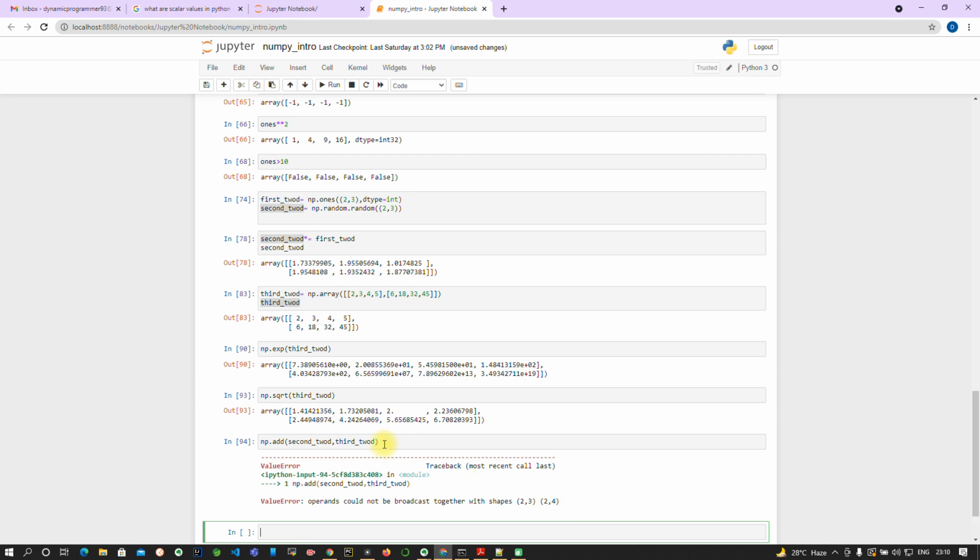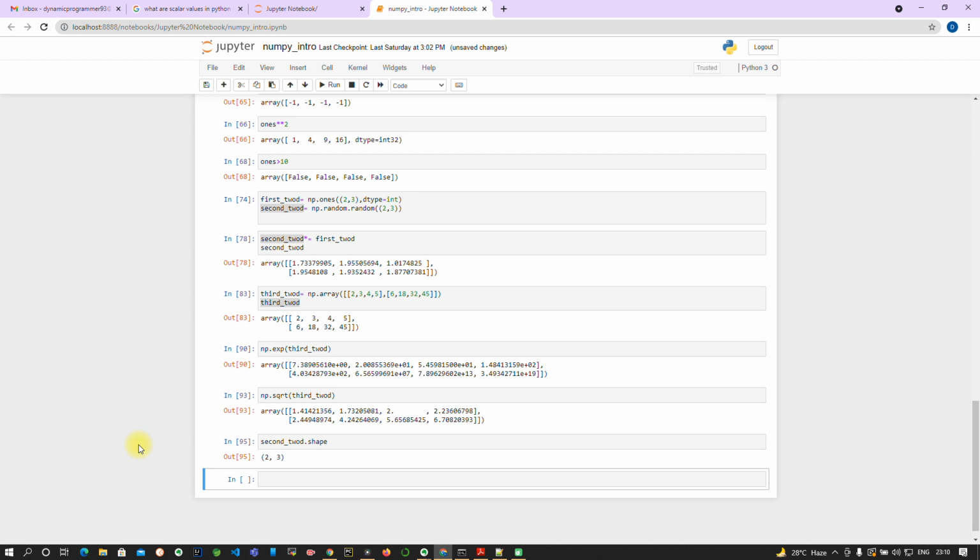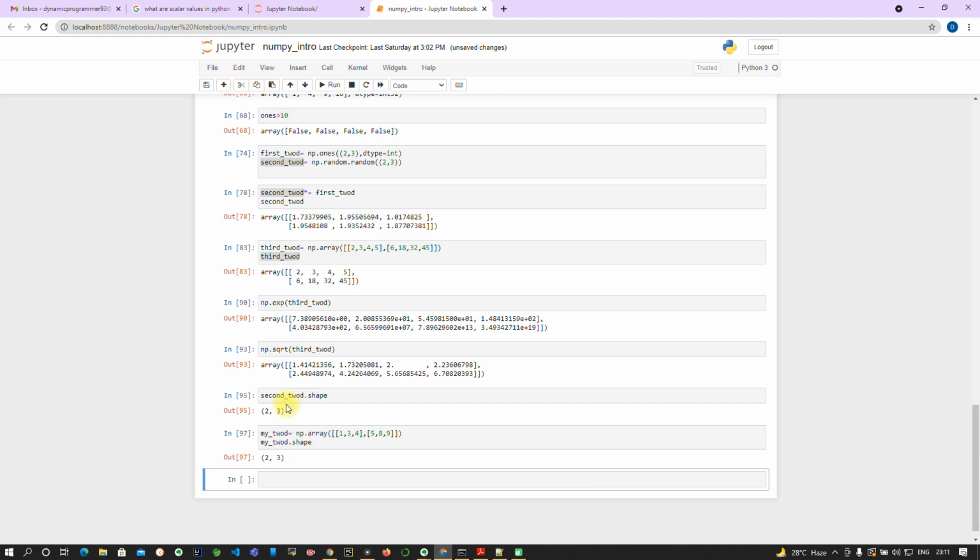So let's look at the shape of the second array. It is 2 by 3, so we will create another array. Now, as you can see, we have two arrays with the same shape.